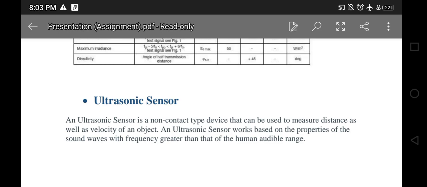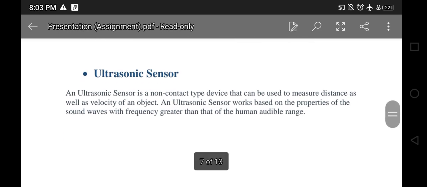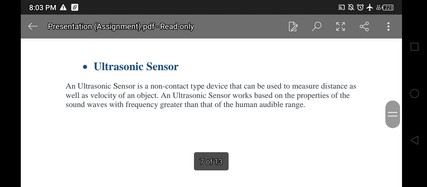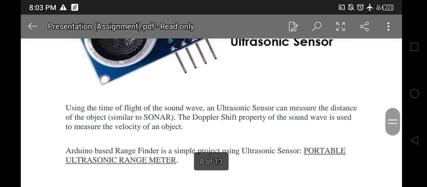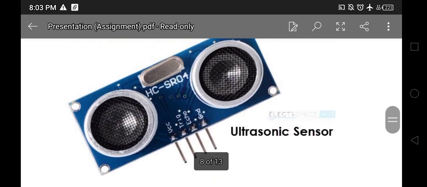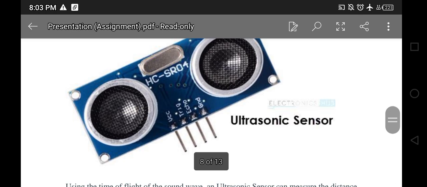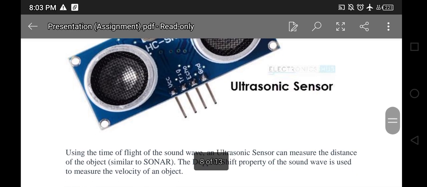It works on the properties of those sound waves. So that's something really unique, if you ask me. That's a sensor that works on the properties of sound waves and has a frequency greater than what we humans can hear. Ultrasonic sensor: there is a figure of the HC-SR04 model of the ultrasonic sensor, the one which I use to